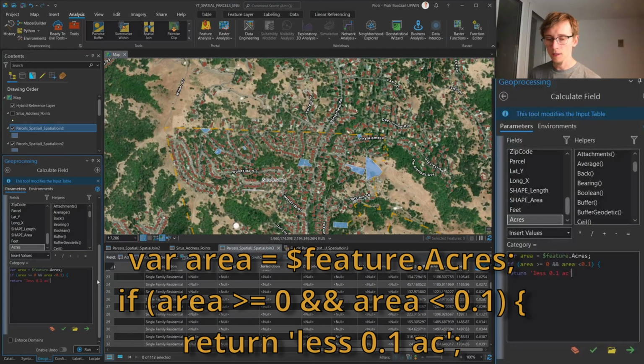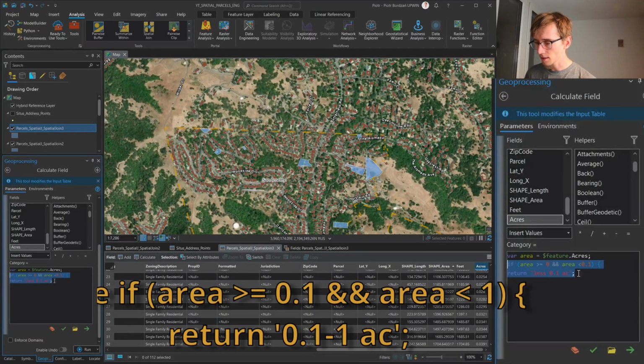See. So let's copy and paste again. We type again new one 0.1, 0.1 and 1, and we type from 0.1 to 1,